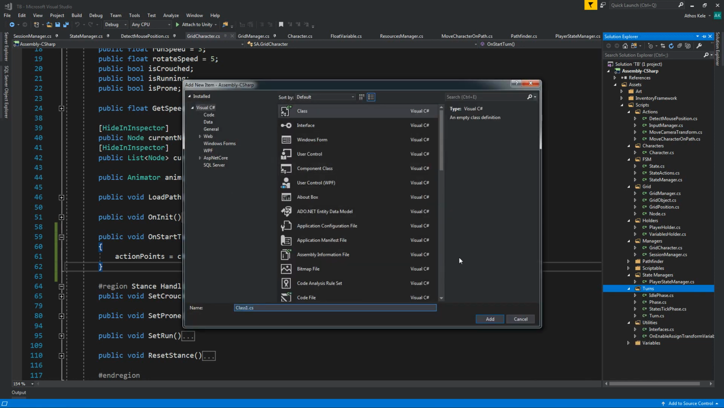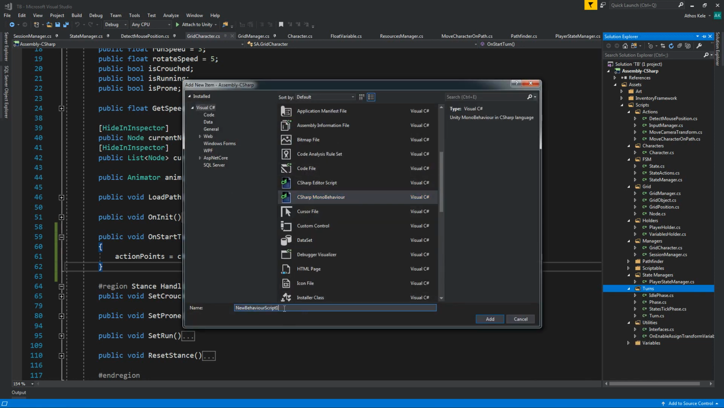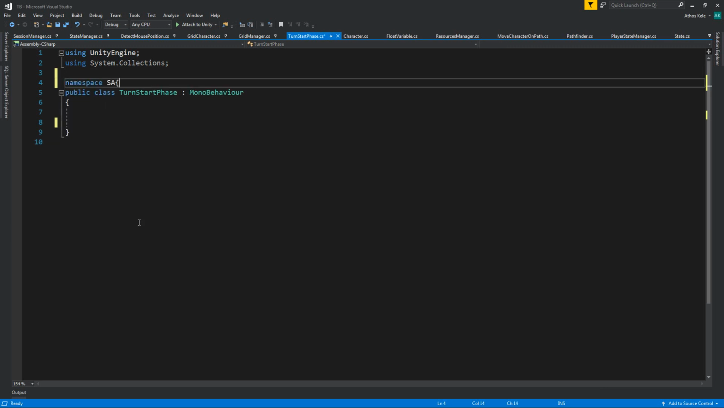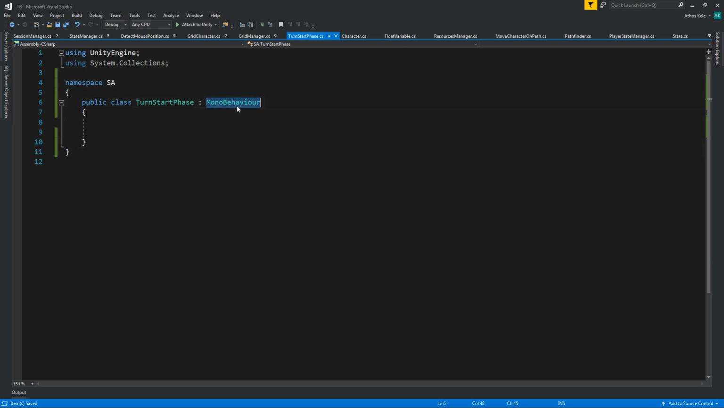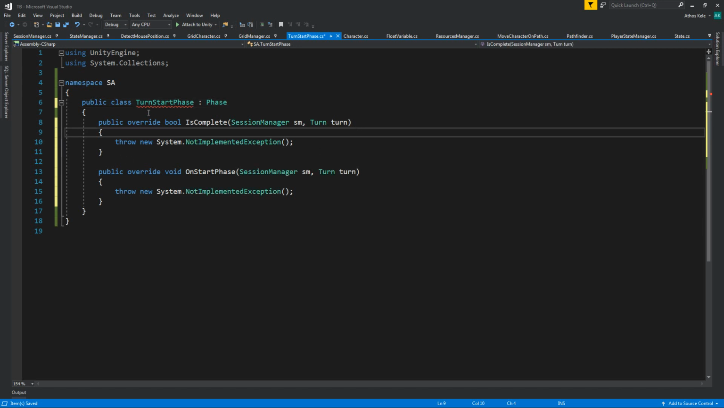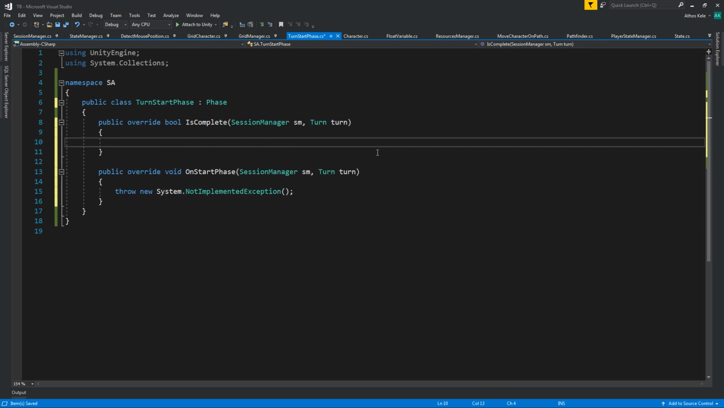I'm going to create a class. I should probably create a template for this, but anyway. So we're going to say turn start phase. Delete that, add the namespace. This is going to be a phase, and we implement it. Okay, whether we do this inside is complete and return true or inside on start phase doesn't matter. Everything is going to work just fine. So let's say return true,